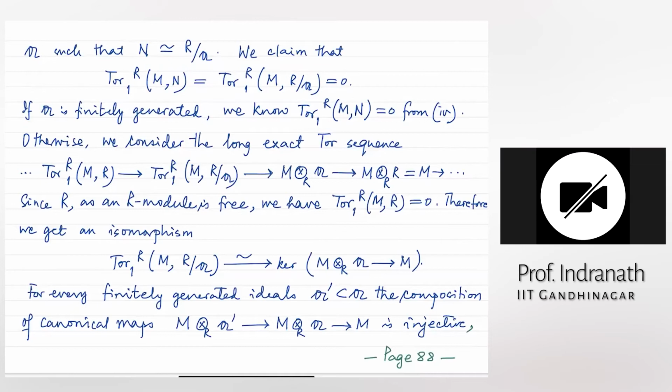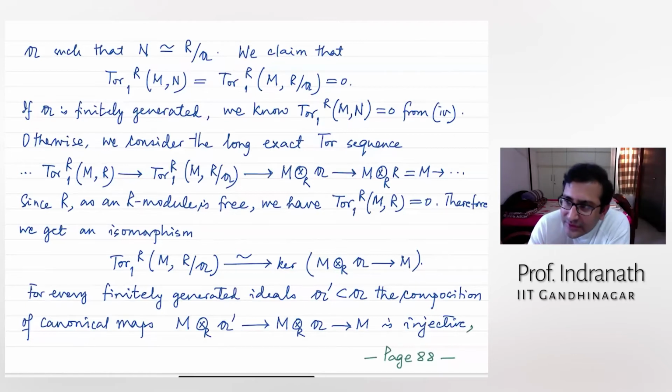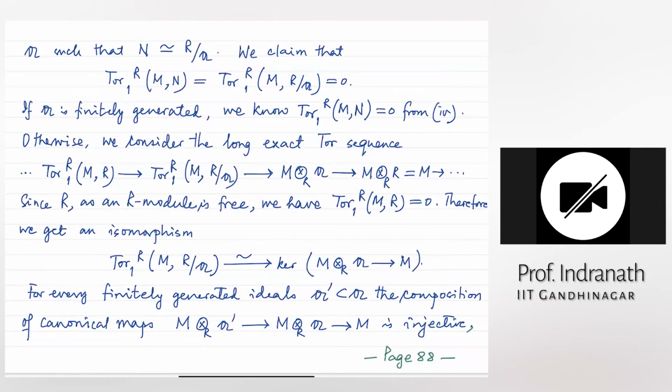Yes. Because Tor1 of R mod A' will imply that A' is a flat module, and we have an injective map from A' to A. Will it work, sir? No. Take A' to R modulo A', the Tor exact sequence. So this will give a long exact sequence of homologies. I missed that first part. Say it again, Sampath. Take a Tor exact sequence from A' to R modulo A'.